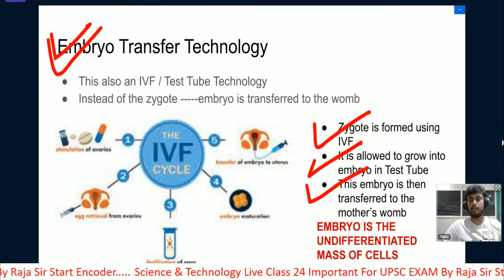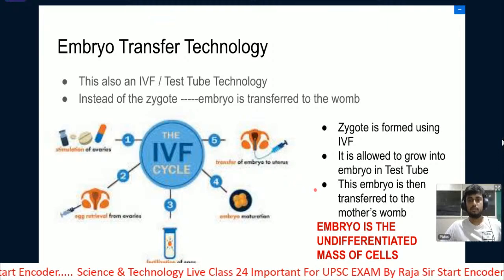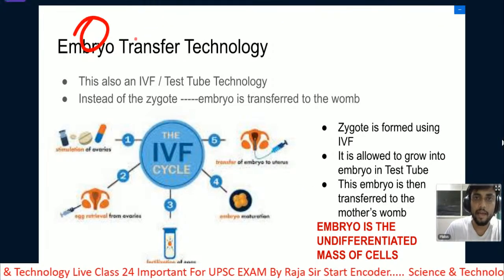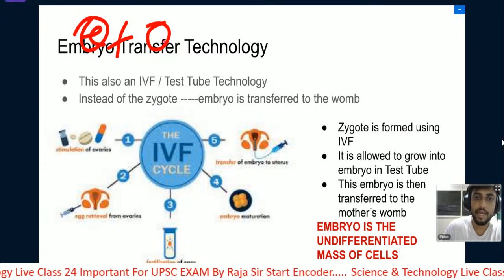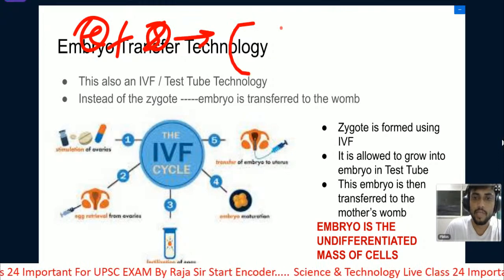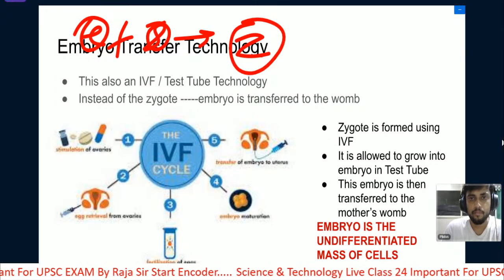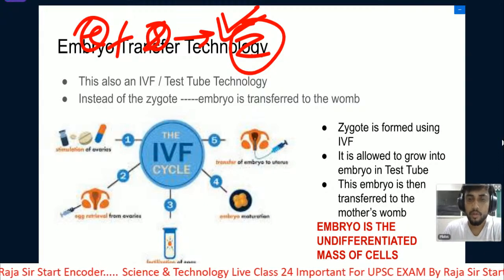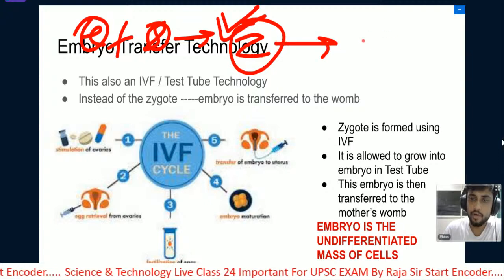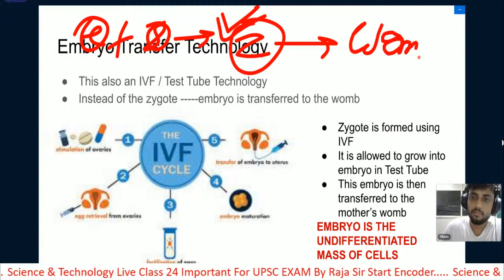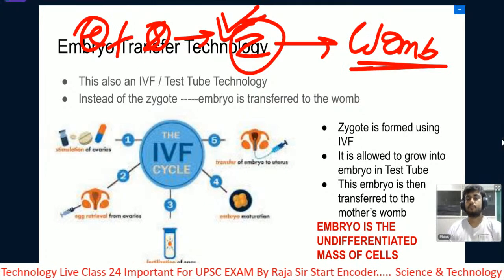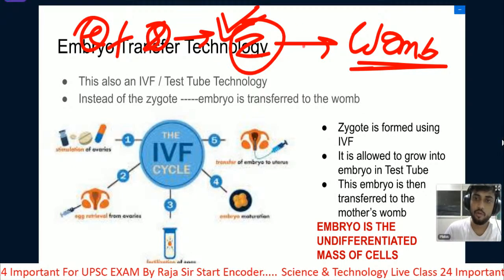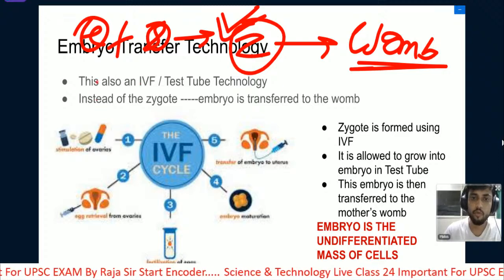Okay, Minu, I will repeat it. See, in IVF, what we are doing is, we have the egg and we have the sperm. One is egg and one is sperm, and in this process a zygote is formed. In any IVF, this zygote is produced inside the lab, and this zygote will be transferred to the womb. It will be implanted inside the human body. The zygote will be implanted inside the womb.